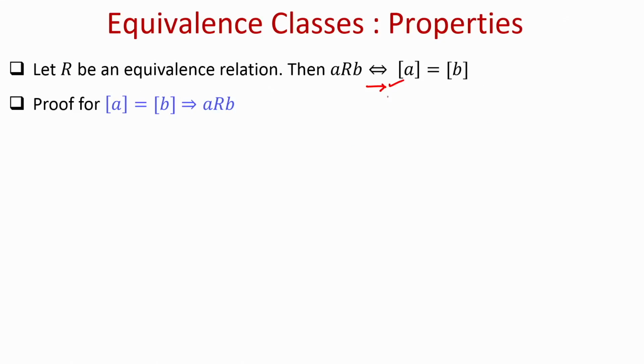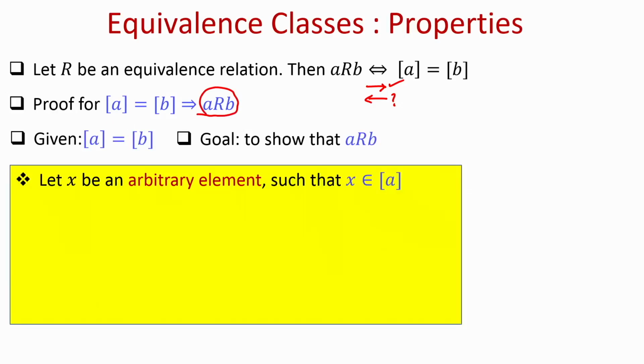Now, let us prove the implication in the reverse direction. So, assuming R is an equivalence relation and assuming that the equivalence classes of A and B are the same, I have to show that A is related to B, right. So, for this I start with some arbitrary element x present in the equivalence class of A, then as per the definition of the equivalence class of A, it means that A is related to x as per the relation R,